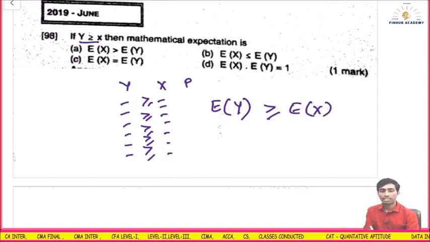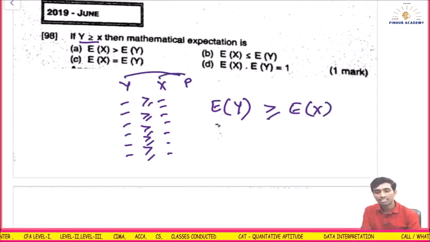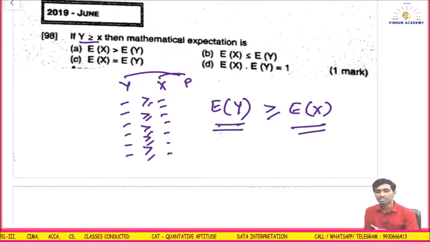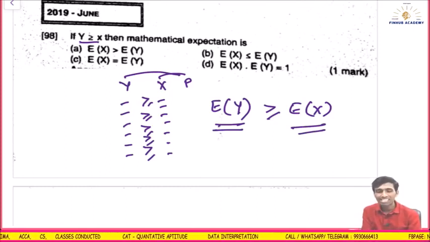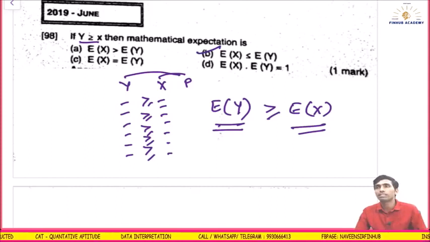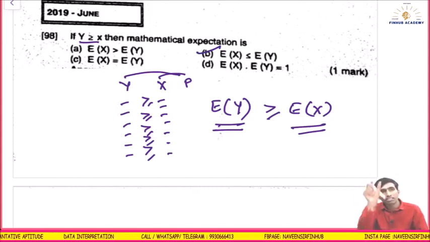So try to calculate the mean by multiplying x into y into probability, the mean of y and the mean of x. Then the mean of y will be greater than the mean of x. Always remember, because y is greater than x, the other way to say it is x is less than or equal to y, so the expected value of x is less than or equal to that of y. Therefore the answer is D. Okay, it's x and y, which means it's not a single number, it's a distribution.